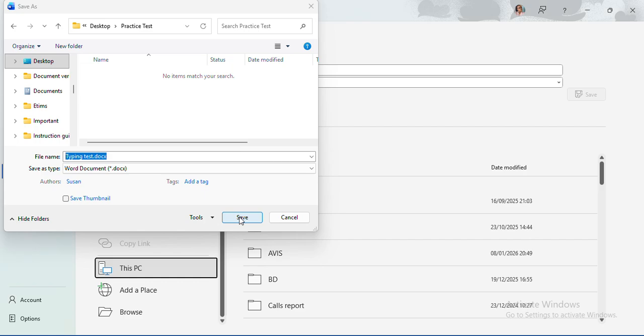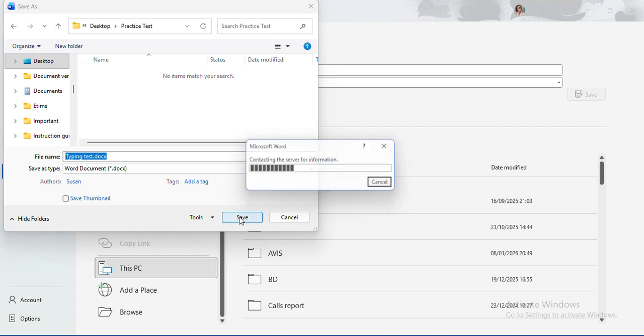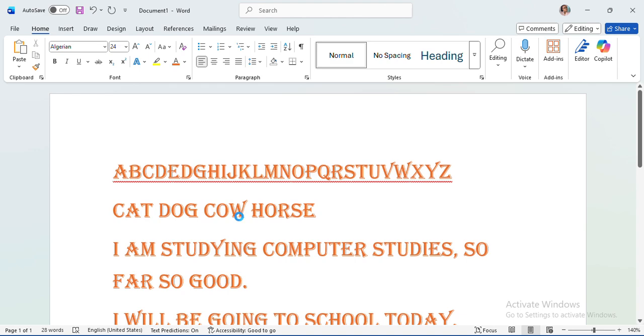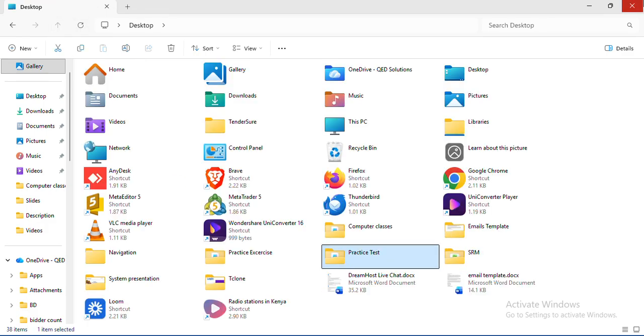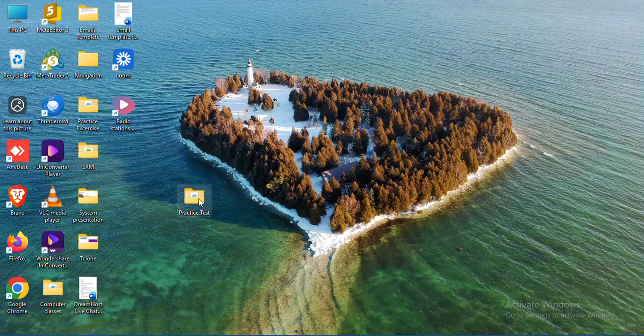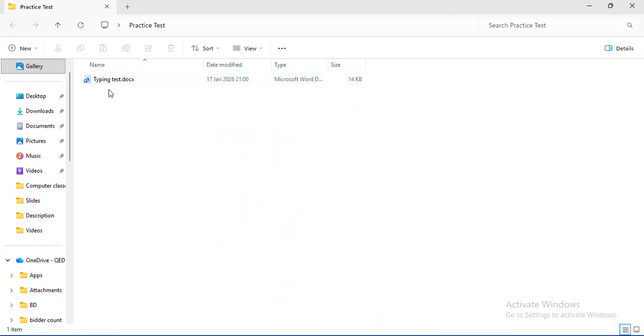Once you click save, your file document will be saved in the folder that we created. For example, let me show you. In this folder, we have created a file and we have named it typing test. To open this, you just need to double click, and as you can see, the file is already saved here.